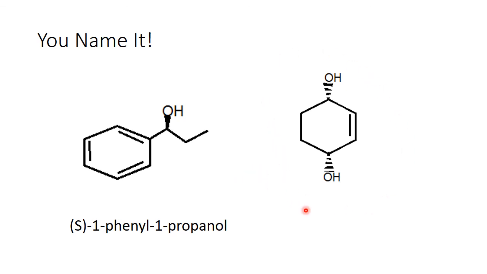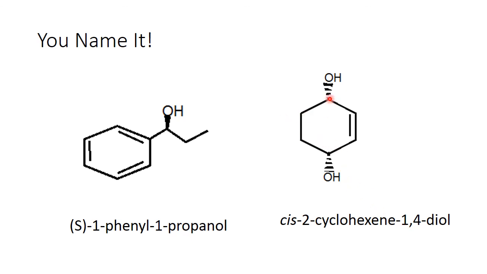Now name this compound. To name this compound, I see that it is a cyclohexene and a diol. So my longest chain is a cyclohexene diol. Where are those groups? Well, one of these is 1 and one of these is 4. So this is 1, 2, 3, 4. So it's going to be 2-cyclohexene,